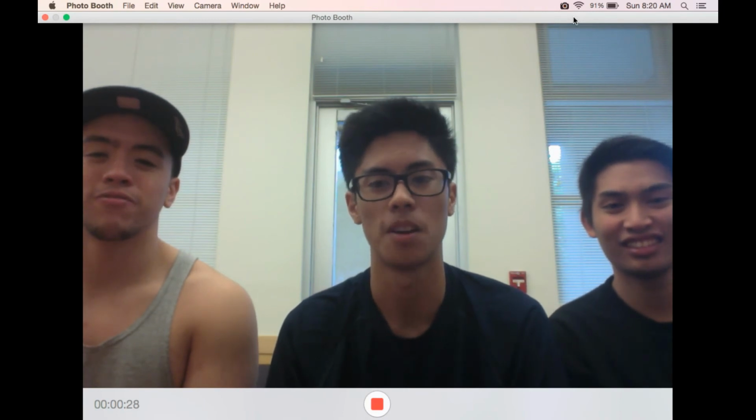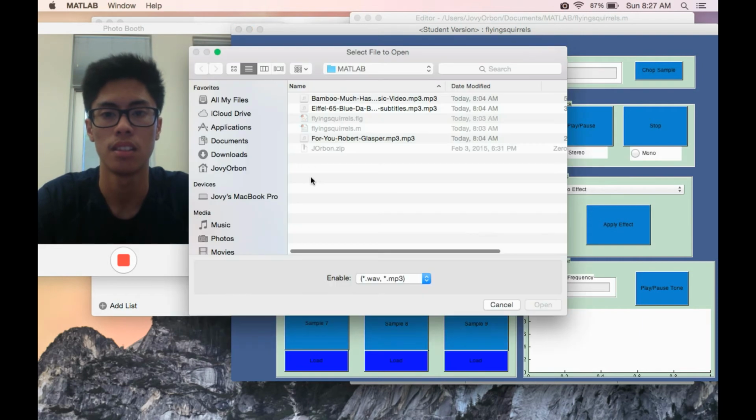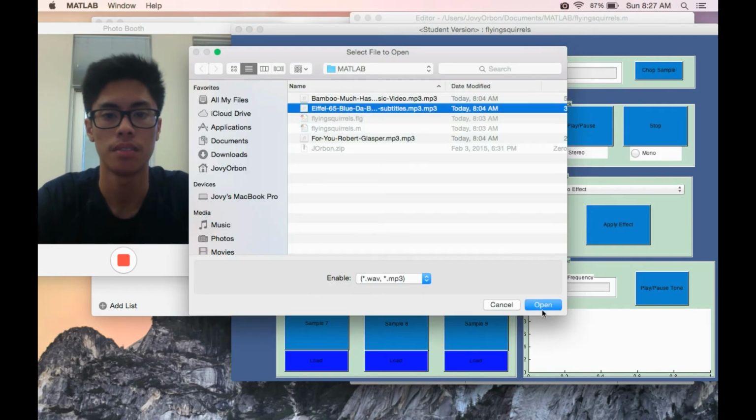We chose the audio project. Talking about the input and the effects. So to load a music file, we click load, choose a music file,